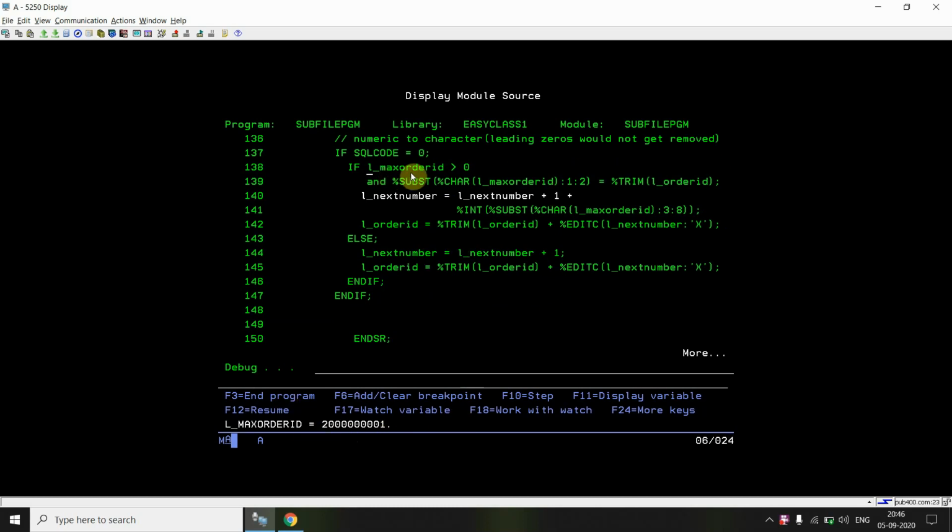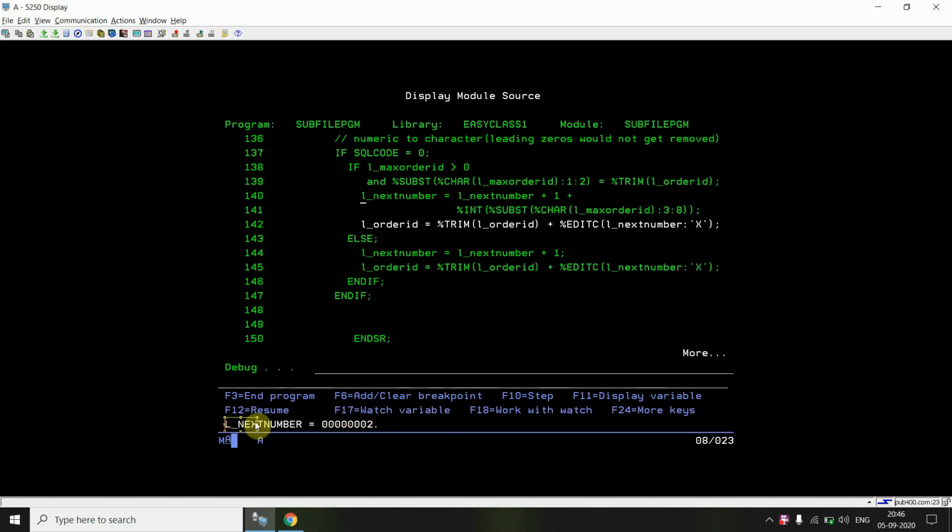Now it will check L_max order ID from the first two positions, this one, by converting it to character and taking the substring from the first to two positions. 20 is equal to %trim of L_20. Yes, this is for the current year. So then I'll be incrementing by adding 1 to the maximum order ID. That way I'll be generating the second next order ID, the auto incremented order ID, 000002.